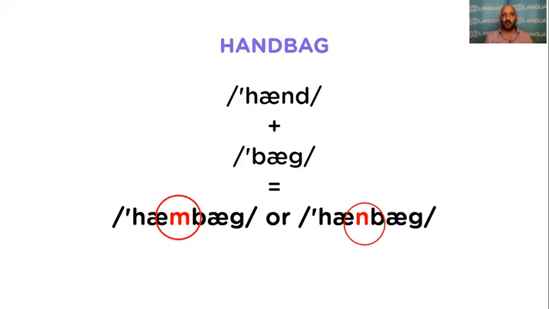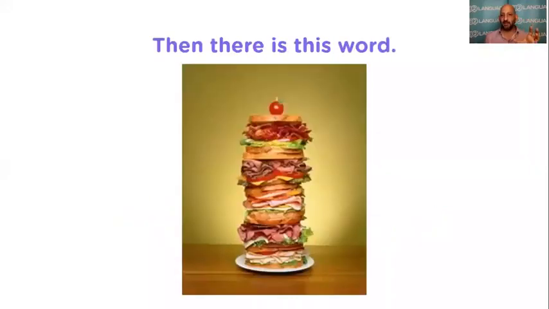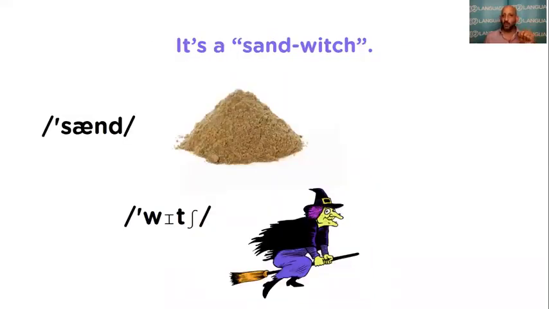I discussed with the people in my office, because I was curious, how would you say this word? And of course, when people are self-conscious about it, they say, oh no, I say the d, I say handbag. No, you don't. No one says that. It's ridiculous. People say "hambag" or "hanbag," the n or the m, but they don't say it with the d, okay? So that is assimilation. That's what I'm talking about. I hope that makes it a bit clear for you. Look at this word. Look at this picture. It's not a word yet. You're going to tell me what that is a picture of, okay? It's a Scooby-Doo sandwich.